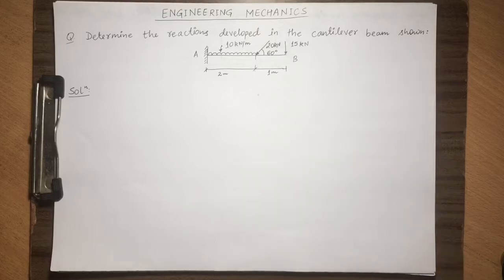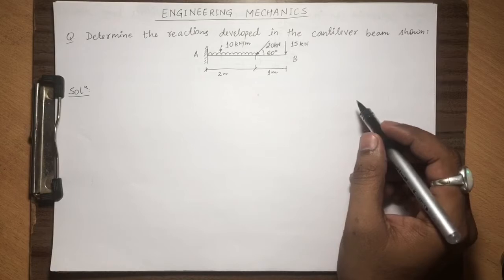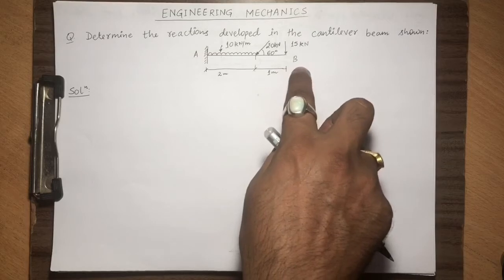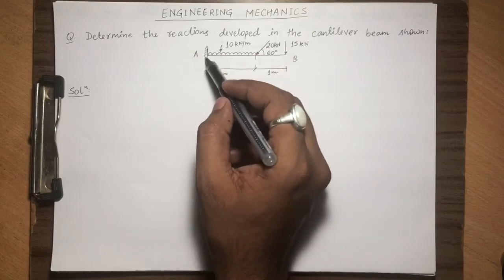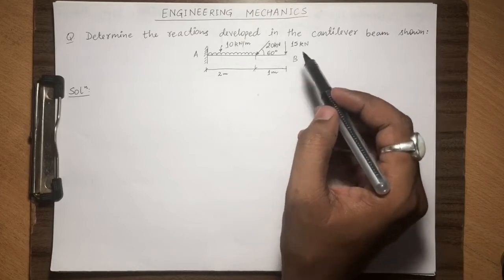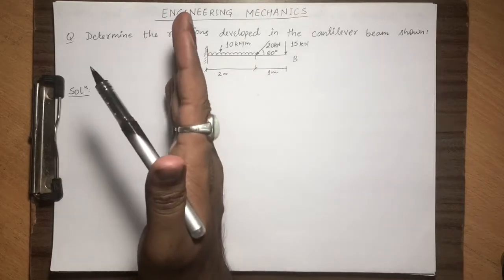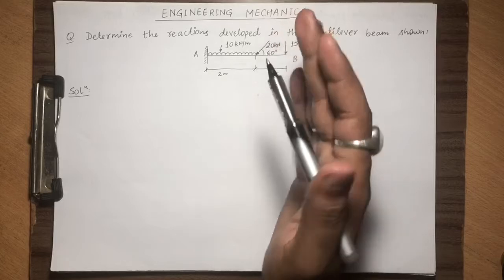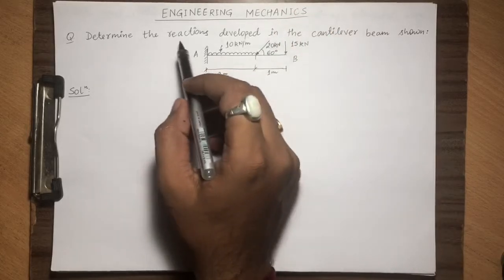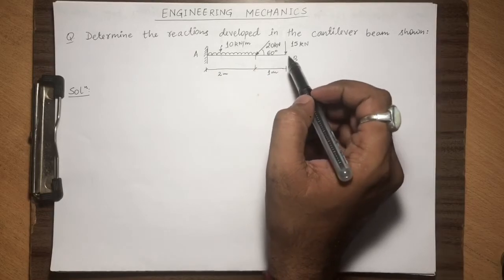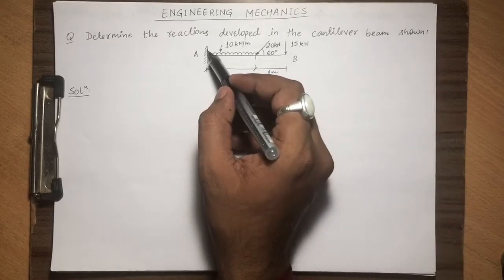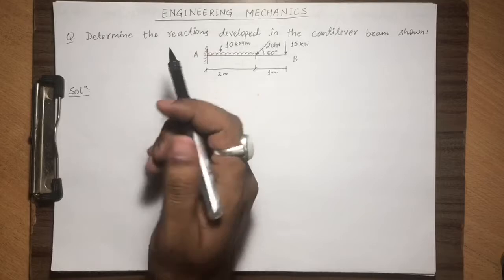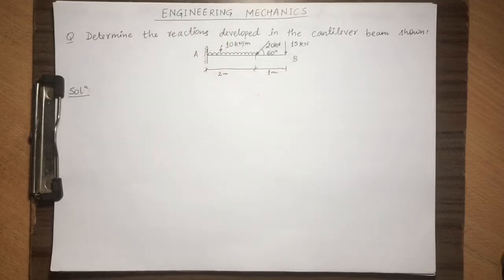Just recall what the cantilever beam I taught you was. In the cantilever beam there are two supports. First is A, second one is B. Support A will be a fixed support and the other support will be a free support. So in any beam, if one support is fixed and the other support is free, then that beam is termed a cantilever beam. We have to determine the reactions. At the free support there will be no reaction. At the fixed support, that is support A, there will be three different reactions: vertical reaction, horizontal reaction, and a moment.